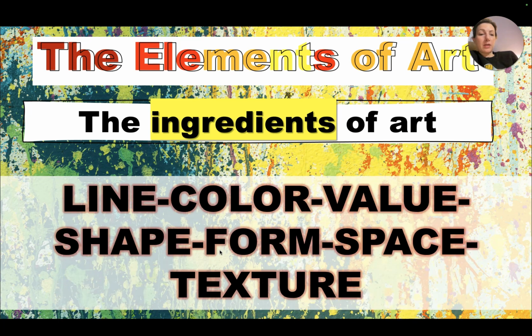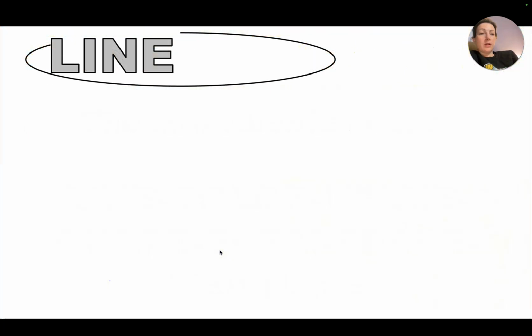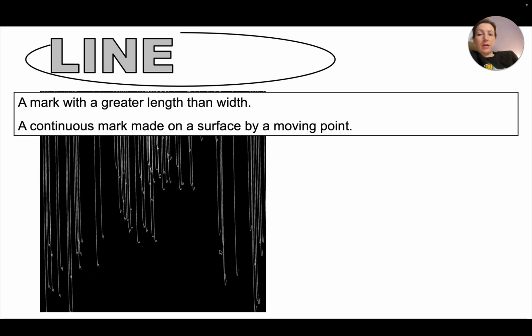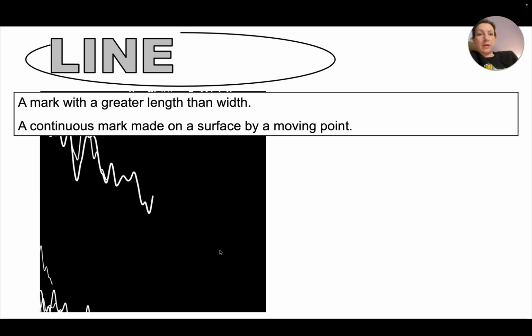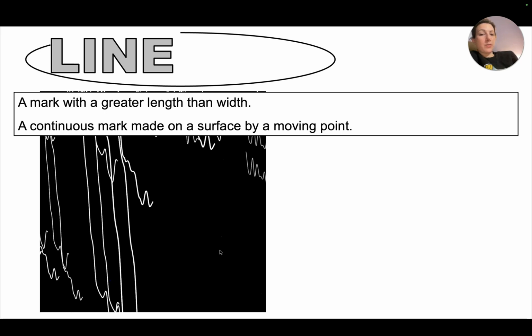So line, color, value, shape, form, space, and texture. And then we will use these to create the principles. But let's look at these a little bit in depth. So line is what I like to think of. It's the most foundational art element. So a line is a mark with a greater length and width, a continuous mark made on a surface by